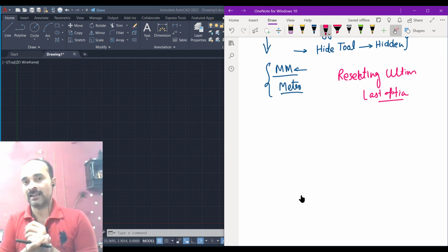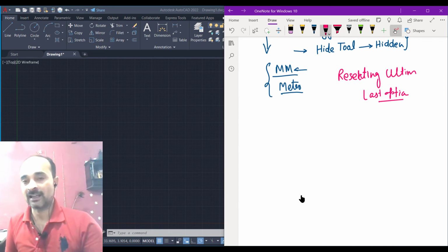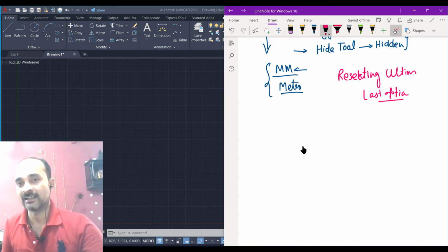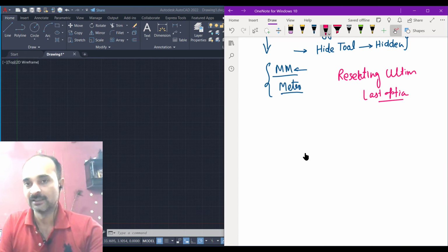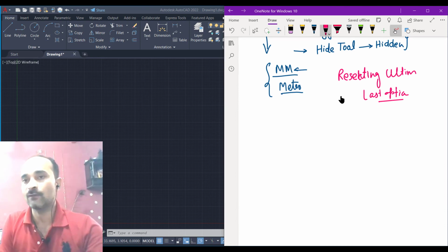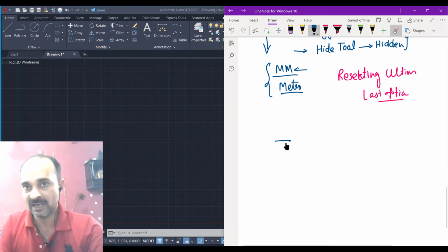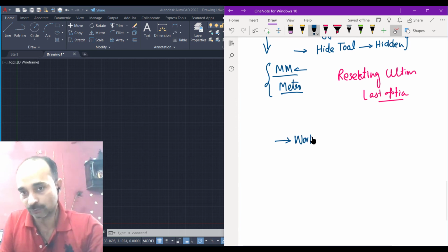Workspaces means, as I have told, a mechanical engineer has a different workspace, an electrical engineer has a different workspace. So you can create multiple types of workspaces. So we have to check the workspace before going to reset.